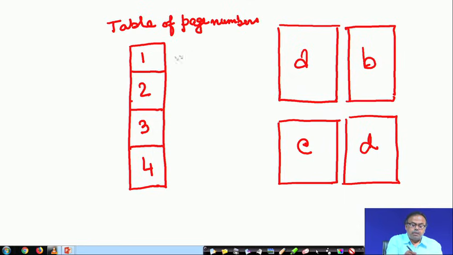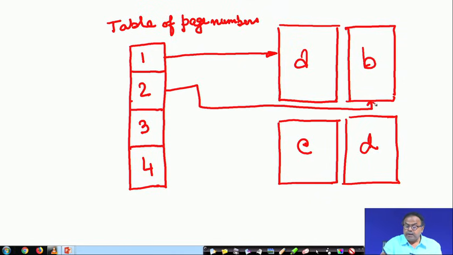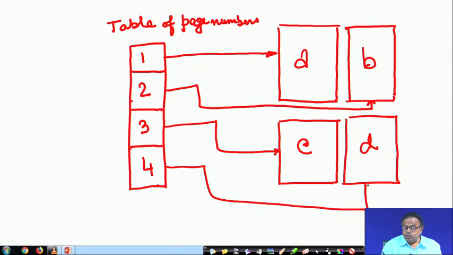This page number does not tell me what story is there, but it tells me that I have to go to this page. This entry is telling me that I have to go to this page, this is telling me that I have to go to this page, and this is telling me that I have to go to this page.